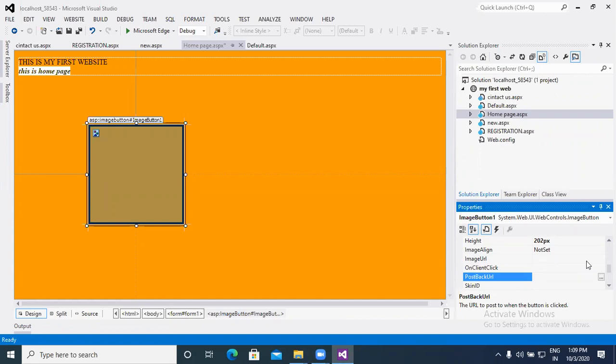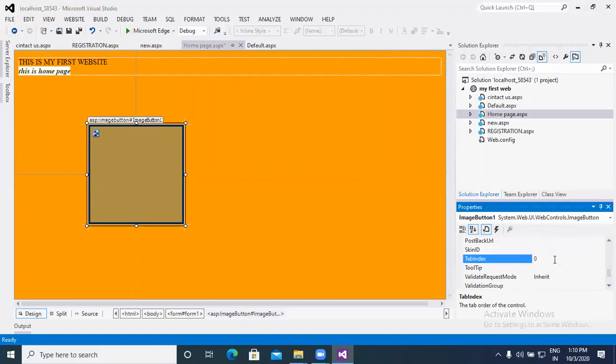So at that time we can use postback URL. Image URL displays your image on the web page, and postback URL is useful to navigate, to decide which page we have to jump to. That is the purpose of postback URL.